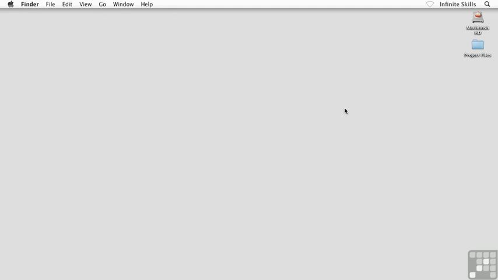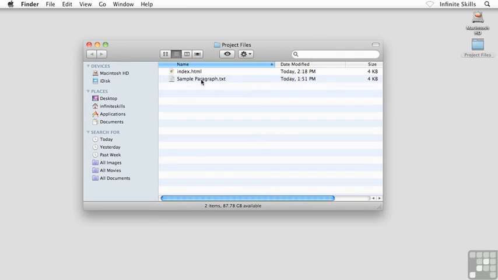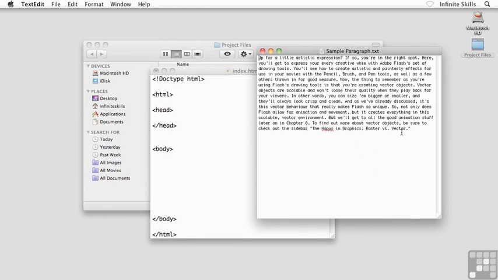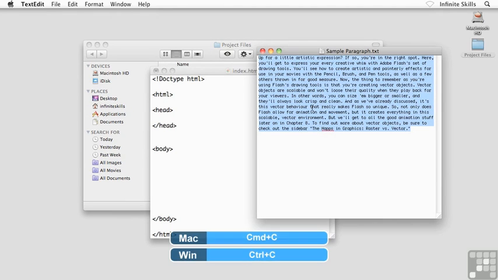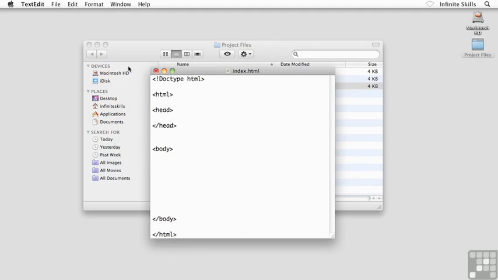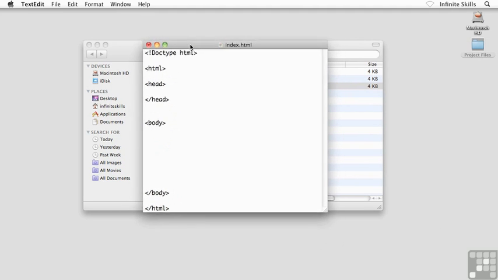Go all the way down to my desktop, and then I'll ask you to pop into your project files folder where I've left a file for us, a project file, called sample paragraph. Go ahead and pop that guy open. So it's just a sample paragraph of text here that we're going to use. So I'm just going to grab this text here, select it all, copy it, Control or Command C. You can go ahead and close out of this sample project file, and what we'll do is we'll paste this guy into our